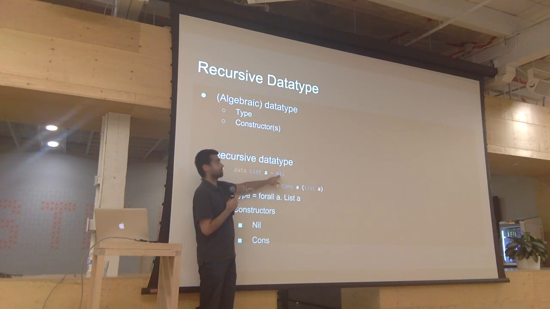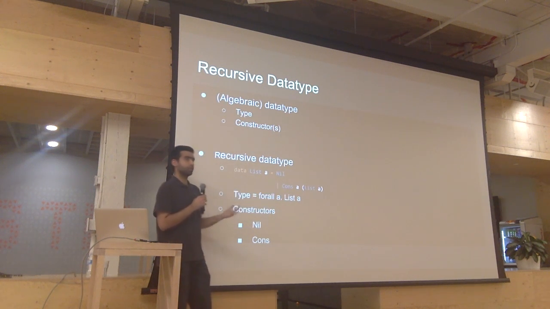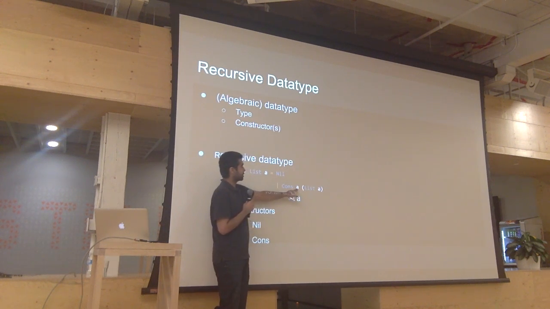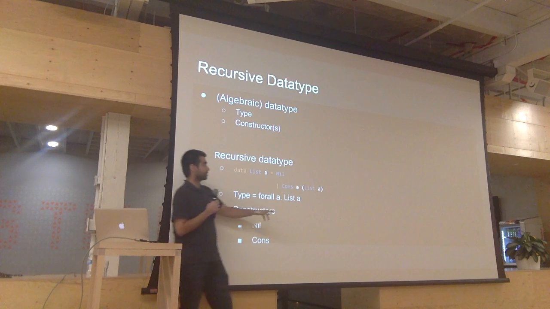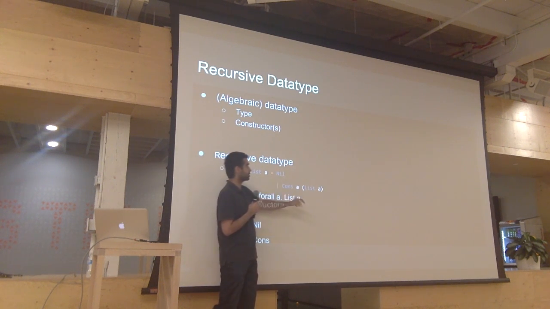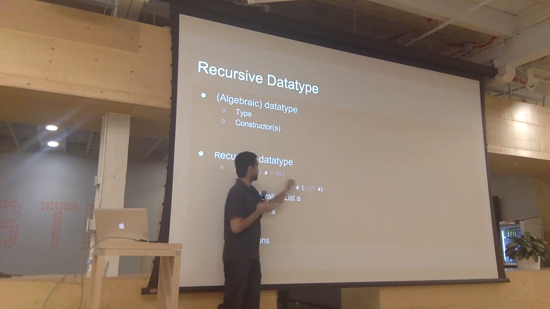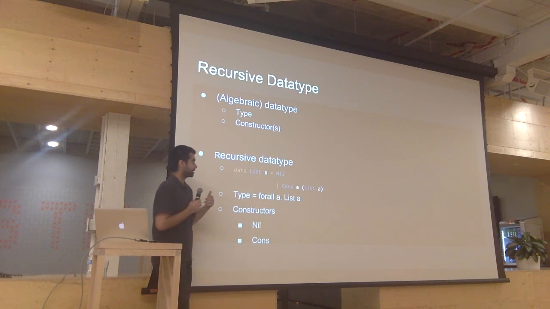There are two constructors. One is the Nil constructor, which takes no argument. And then there's the Cons constructor, which is essentially appending things together, right? This constructor takes two arguments. The first one is of type A, whatever the entity in the list is. So if it's a list of humans, this would be a human; if it's a list of integers, this would be an integer. And then you have the rest, the tail. The type of this argument is referencing whatever it is that we're defining, right? So we started with List A, and we have a reference to List A here. So this is a recursive data type.